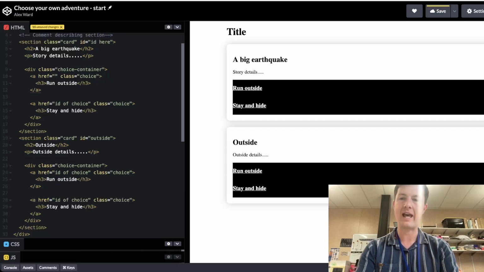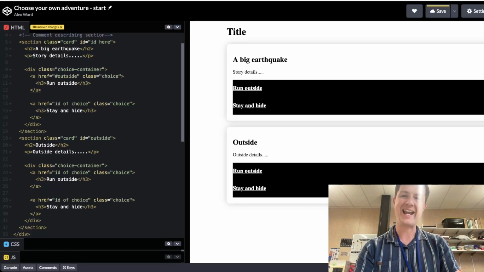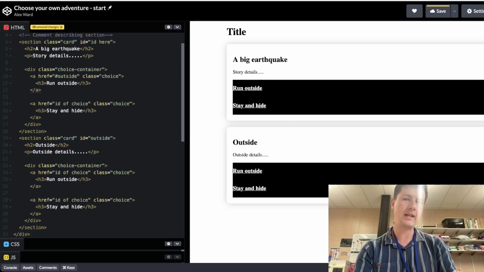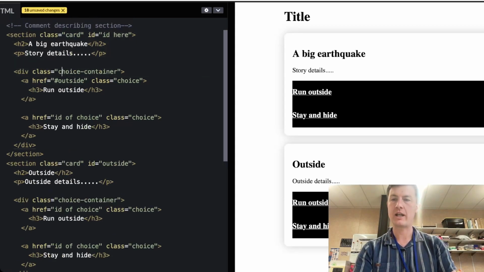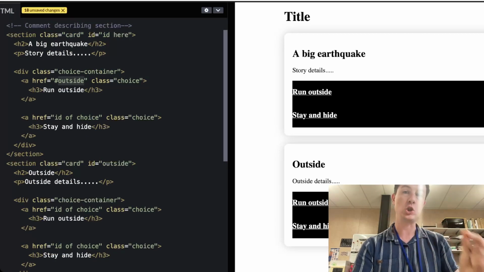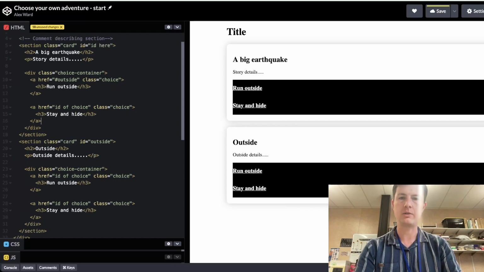So with a hashtag, with an octothorpe there. So I'm going to put outside. Why do I need that there? Because this is an ID, and in CSS land and HTML land, IDs are signified by a little hash and then whatever the ID is. IDs must be unique. Classes don't need to be, but IDs must be unique. So hopefully, if I click that now,